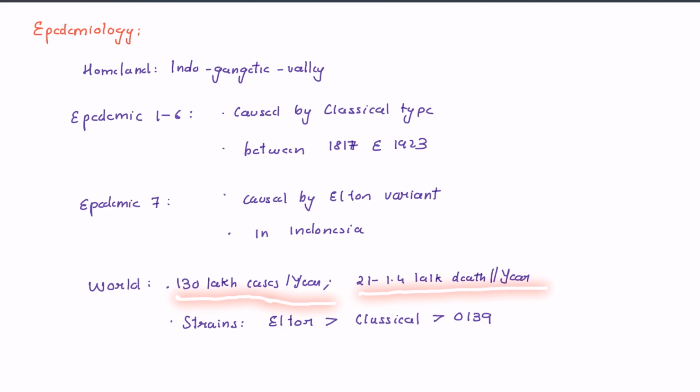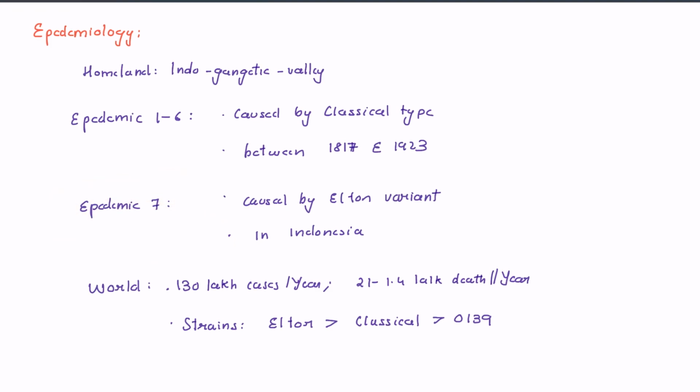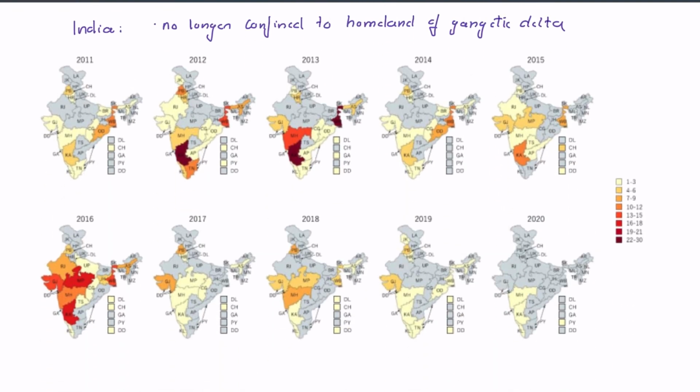the strains. So in the 1900s, classical was first, but after the emergence of epidemic 7 in the 1960s, the El Tor variant has become more common than the classical, and the least common is the O139 variant. In India, as you can see from 2011 to 12, 13, 14, 15, as you can see 2016